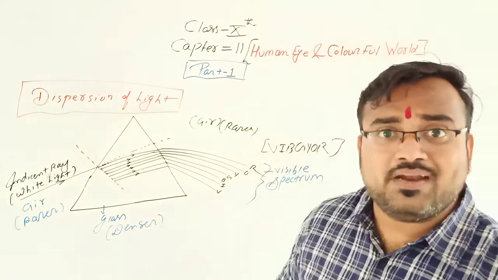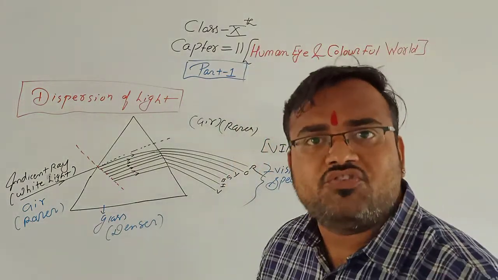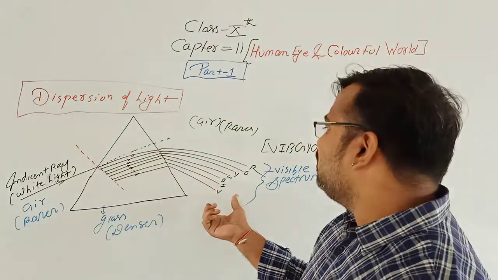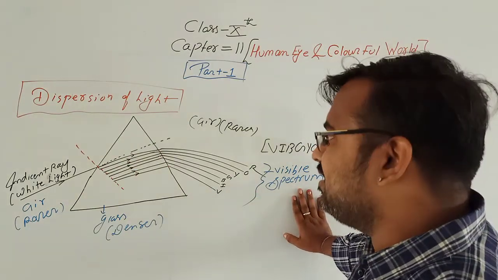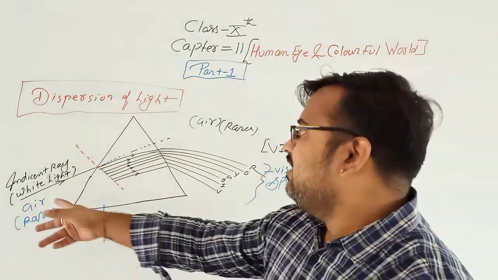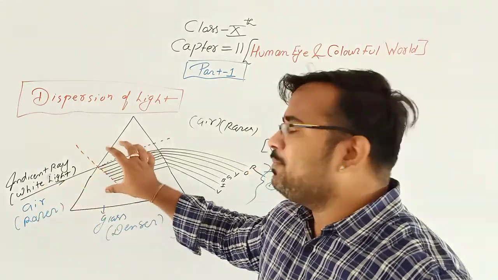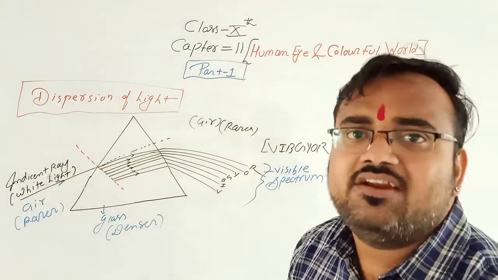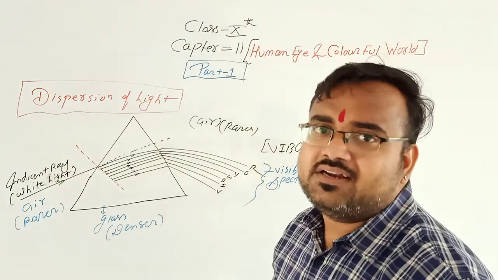Okay. Now what is visible spectrum? The group of 7 constituent color light. When a white light is split into a group of 7 color light, this is known as a visible spectrum. Now this can be performed by an experiment in the laboratory when we provide a white light to the prism. On this side of the prism we can see 7 different colors which are visible. This is known as visible spectrum. Clear?